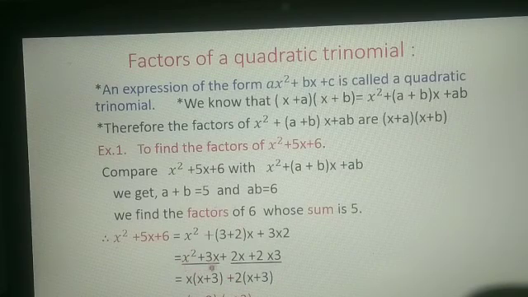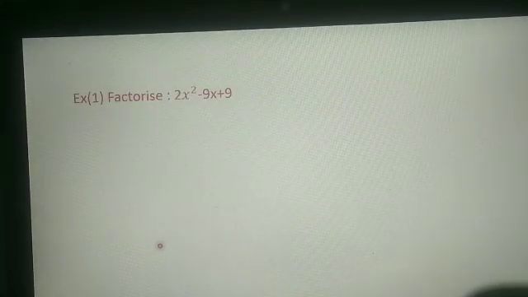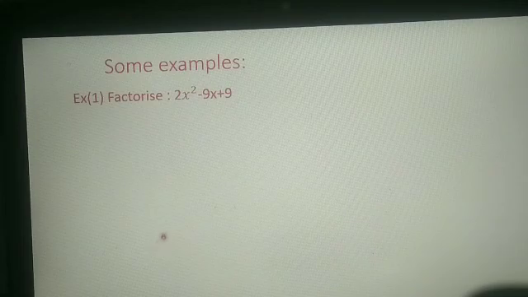So x square plus 3x. From these two terms x is common and in the bracket x plus 3 will come. From these two terms 2 will be taken common and what is left? x plus 3. So x plus 3 and x plus 3 are common. We will take that term outside, that is x plus 3 in the bracket, and what is left? x plus 2. In this way x plus 3 and x plus 2 are the factors of x square plus 5x plus 6. Then for the second example, we can take some more examples from the textbook, page number 29.